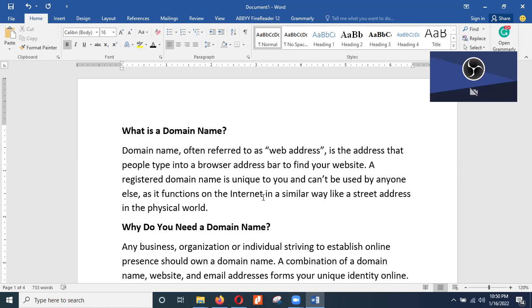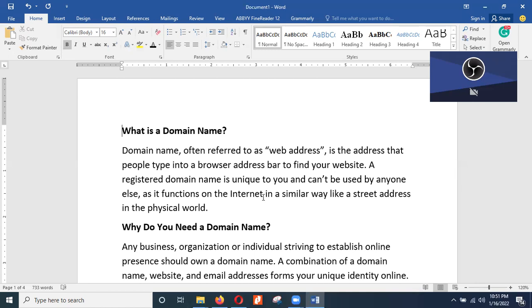Assuming you have a business and the name of the business is Chriswell, and you want to get a domain name, it depends on the type of business. If it's a commercial business, you can look for something like chriswell.com. If it's an organization, chriswell.org. If it's a school, chriswell.edu. Before you register a domain name, you first have to check for its availability.